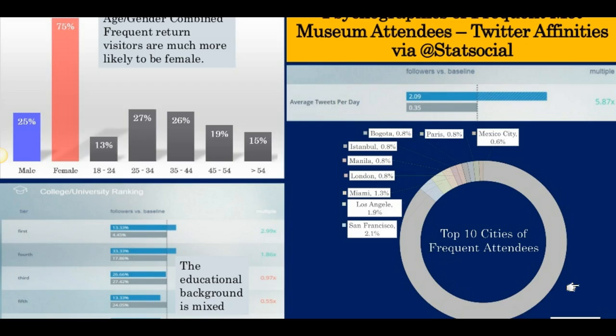So what we did is, with the Twitter data, at the time I knew a platform, now working with IBM, and in this case they look at the followers. I was hoping they'd look at the following, but they look at the followers of the accounts that we know were at the Met. We could actually see all kinds of things that the followers of these people who were at the Met were doing and liked. We saw that there would be a lot more female followers of the people who would go to the Met,